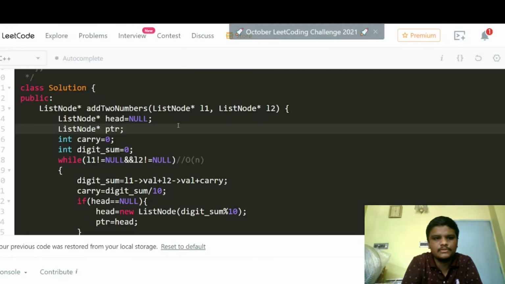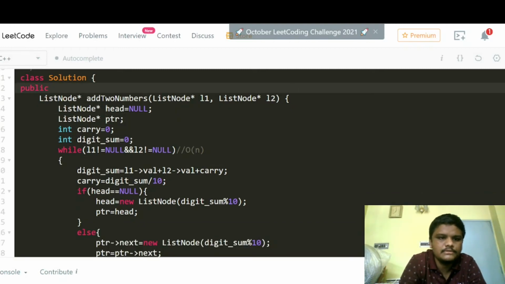Let's get to the code for this algorithm. So here we have taken a variable head, which is currently pointing to null. Now this head is responsible for finding the starting node of the new linked list that we are going to form in this function addTwoNumbers, right?